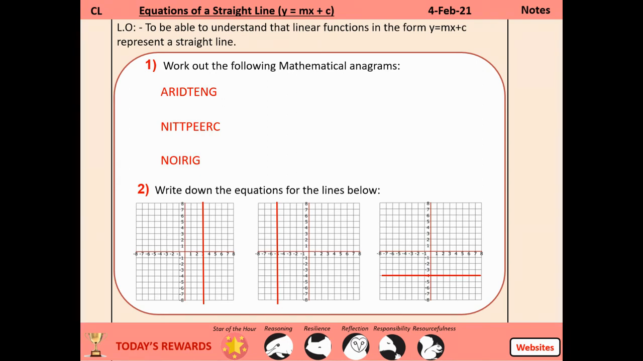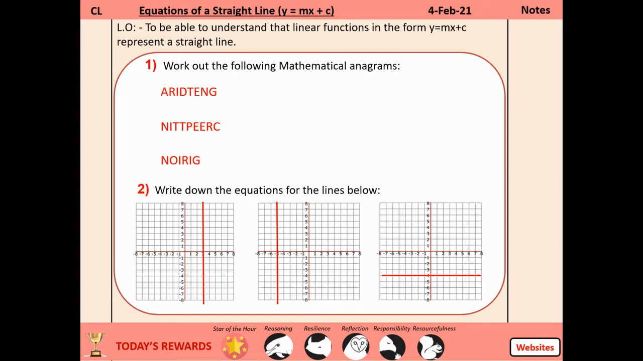Hi guys, equations of a straight line, y is equal to mx plus c. The learning objective is to be able to understand that linear functions, straight line graphs, can be in the form y is equal to mx plus c, and they represent a straight line. As a quick starter, after hopefully copying down the title and the date for me,